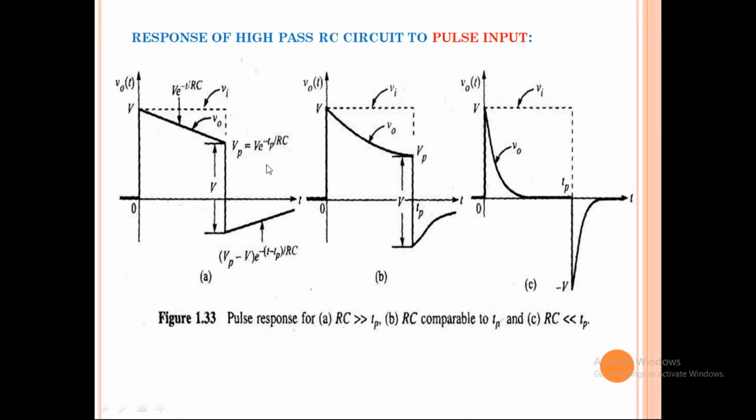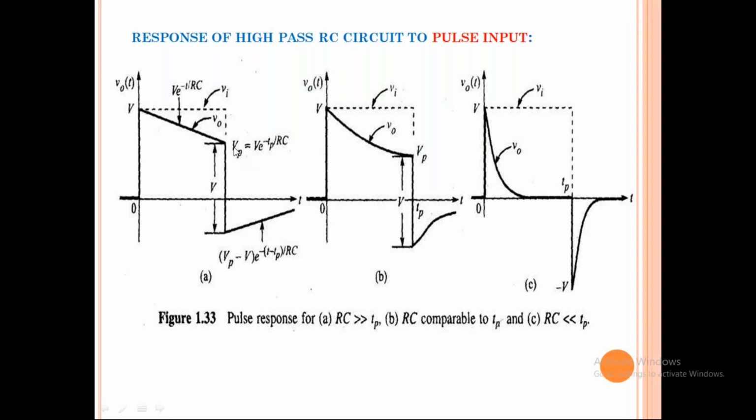Similarly, pulse input. When a pulse input is applied to the high pass circuit, what are the conditions? Up to t equal to TP, the pulse waveform is the same as a step. Again, there will be three different conditions. What are the three different conditions? The time constant of the circuit is very large compared to the pulse width. That means the capacitance is a very large value, so the capacitor is charging slowly. Automatically the output voltage across the resistor slowly discharges, and it looks like a linear one. That's why in the first condition the output voltage will be linearly falling up to t equal to TP.